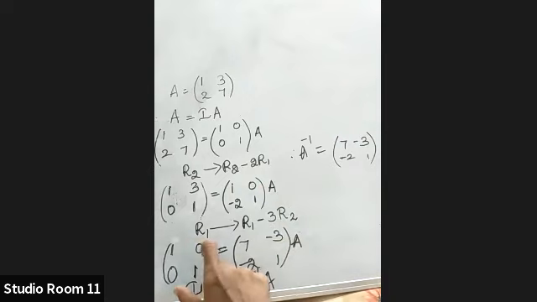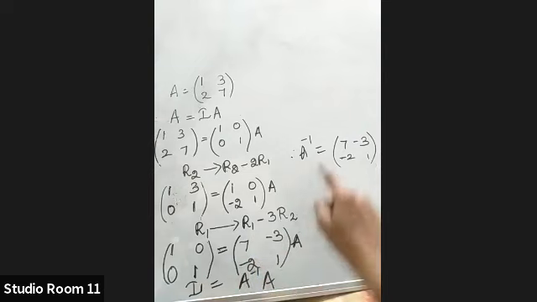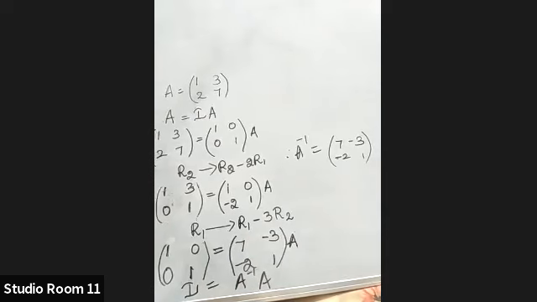So here we have the identity matrix. I is equal to A inverse into A. Here we have A. We are getting identity. With A, when we multiply one matrix, we are getting identity. That means this is A inverse. This one is the inverse of A. So A inverse is 7 minus 3 minus 2, 1. Okay, children, today we are learning only the row operations, not the column. We are discussing only row operations. Okay, first you learn row, then we can do the column.